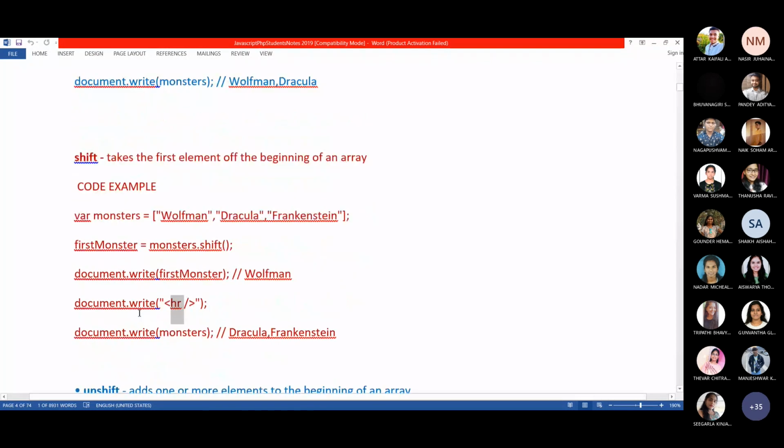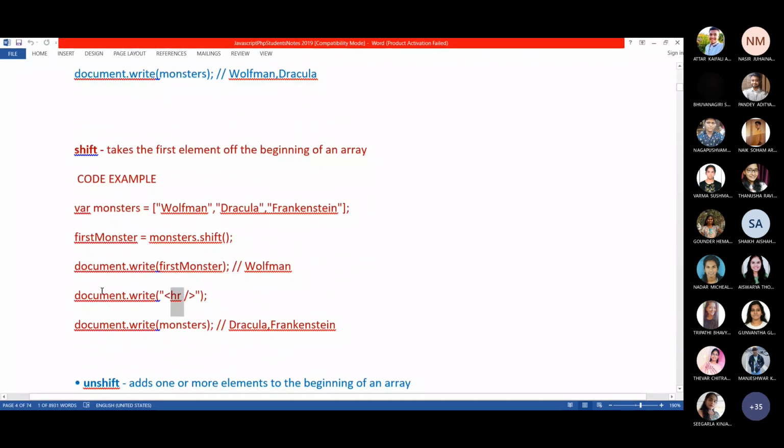These are JavaScript code, right? If I want to give a horizontal line in the JavaScript code after displaying this wolfman, then of course I have a tag for that, which is HR. But this tag is an HTML element. So using document.write, which is your JavaScript code, within the JavaScript code you are using the HTML HR.